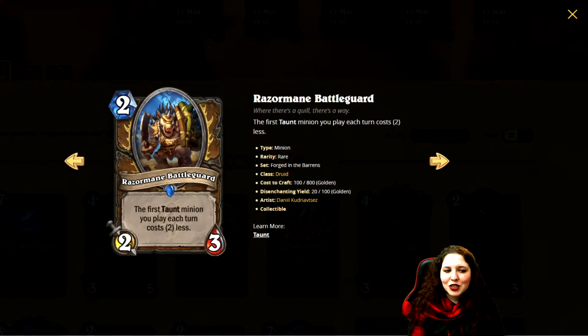You got a 2 mana 2/3 here called Razormane Battleguard. The first taunt minion you play each turn costs 2 less. That's not too bad, so I'm assuming that has to be on board for it to trigger the effect. I think the cost of the card's actually okay, and there seems to be some new taunt cards available in the expansion, and it's quite annoying if your opponent can't remove it right away. I think I'm gonna give it like still a meh, because obviously you need the taunt to really pull off